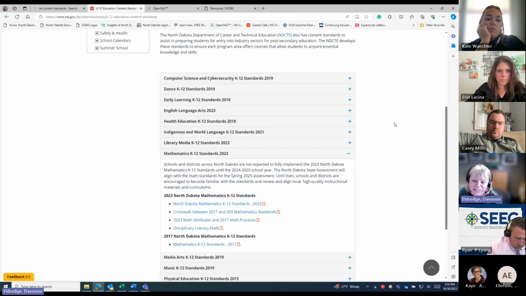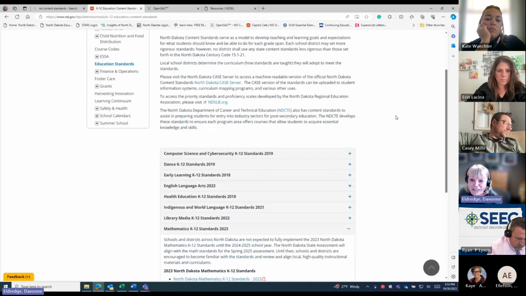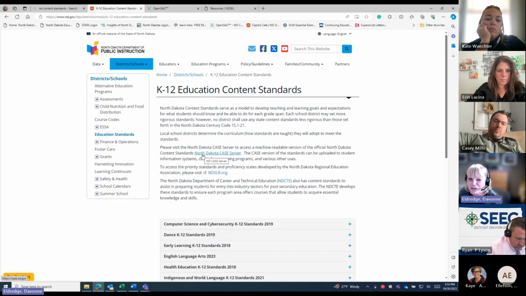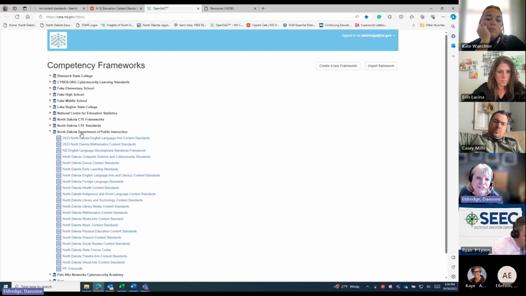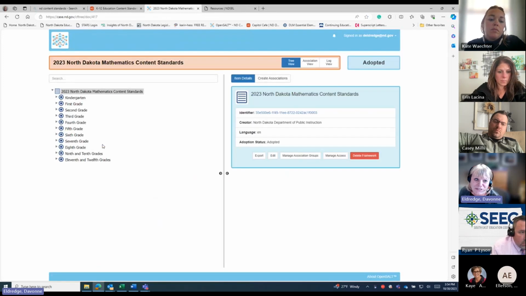And then there's another thing that I want to show you. On this page, if you go to where it says in blue here, the North Dakota case server, and click on that, it will take you to this. And if you go here and go to the Department of Public Instruction and hit the math content standards, and your 5th grade teacher,